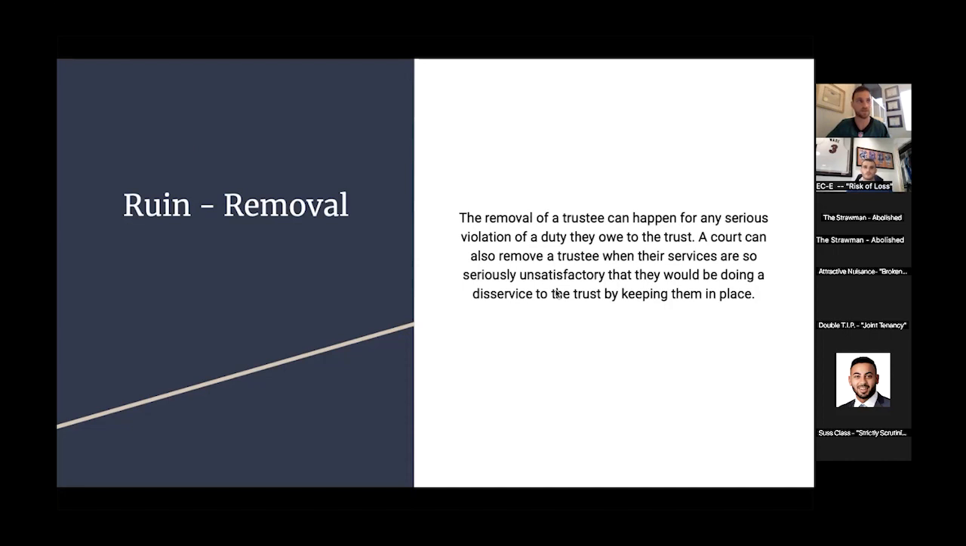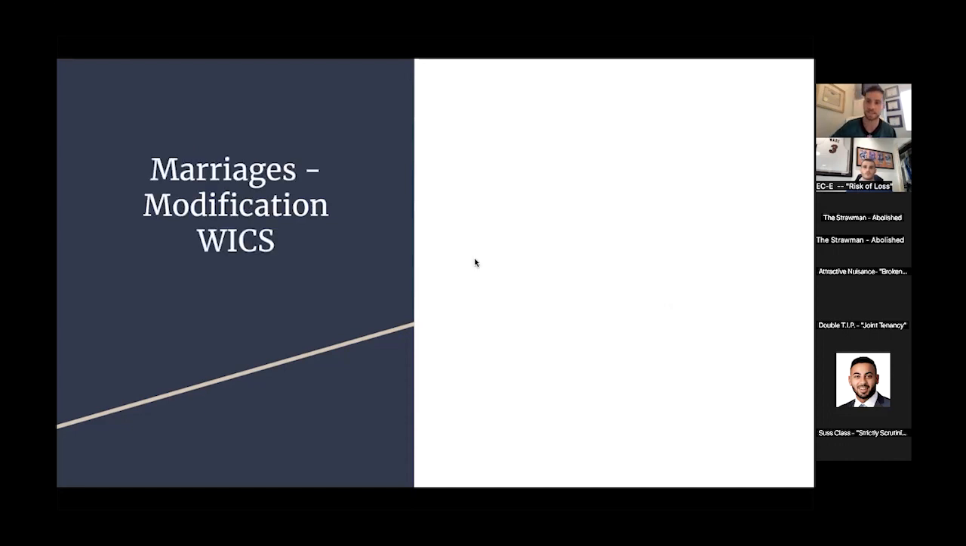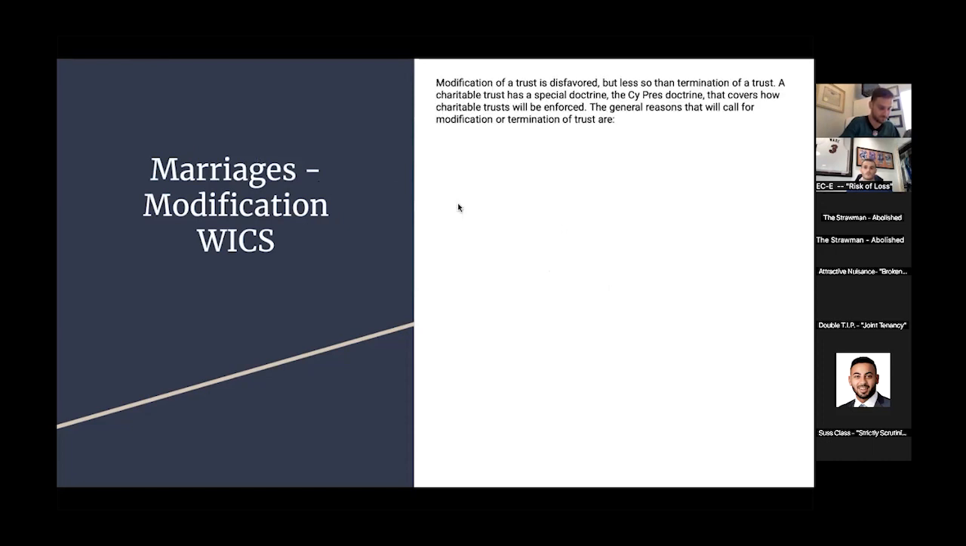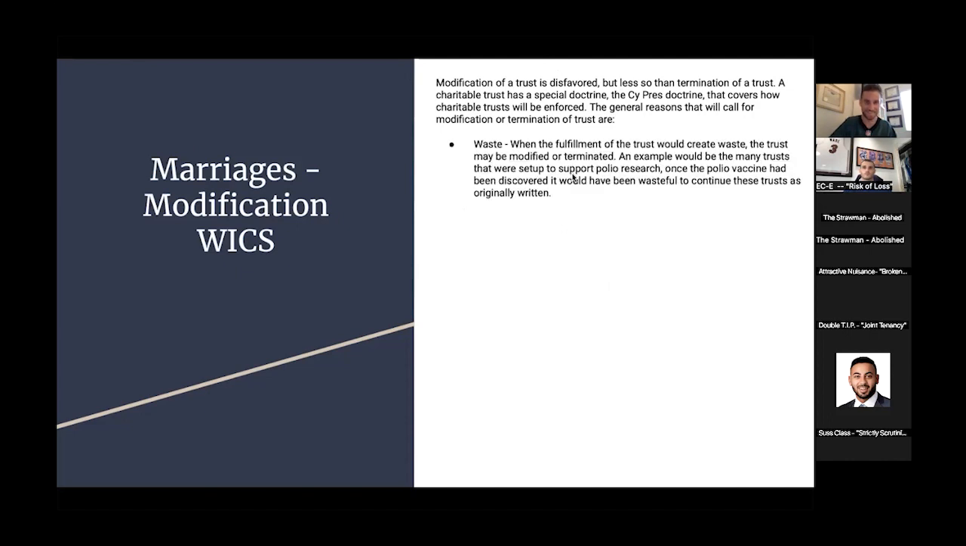What does M stand for? Modification. Nice. So the acronym for modification is WIC. Favored, but less so than termination. So they don't want to change the trust, but they'd rather change the trust than terminate the trust entirely. So charitable trust has the cy pres doctrine, which is what Andrew was going to touch on a little earlier, but we'll get into that. So the reasons that a trust will be modified are WICs, and so it's